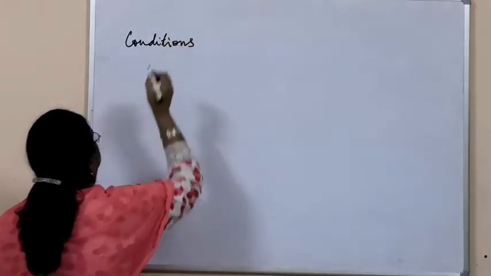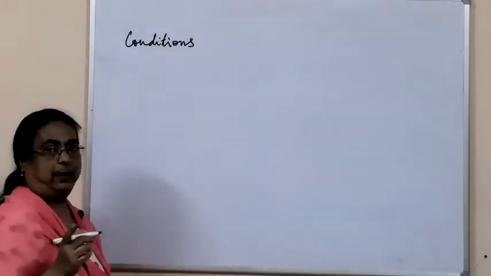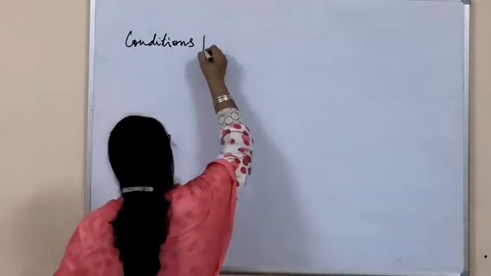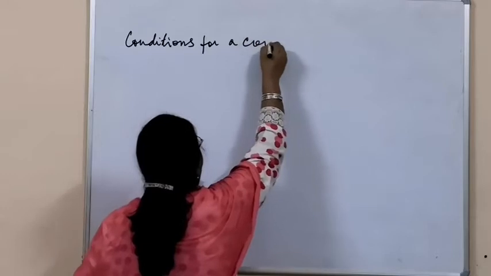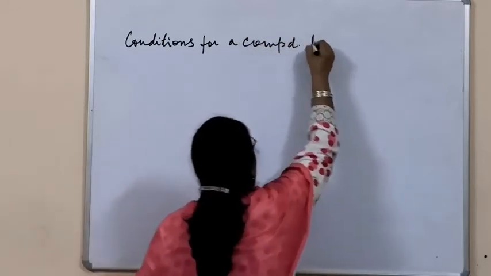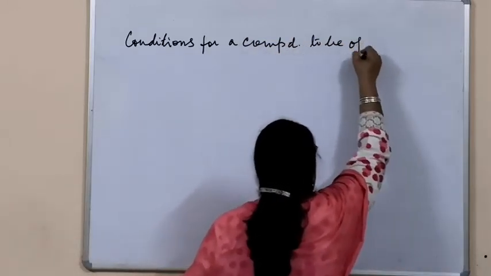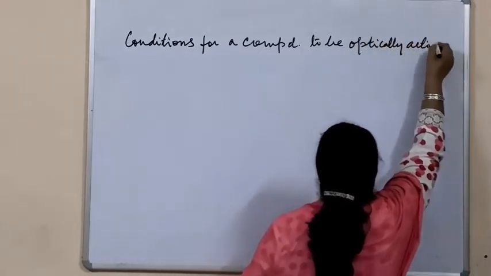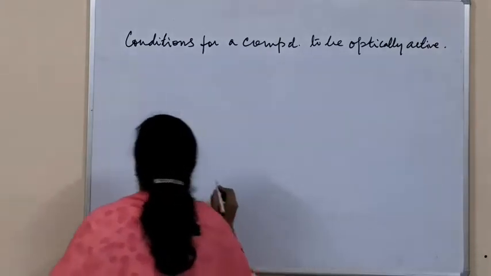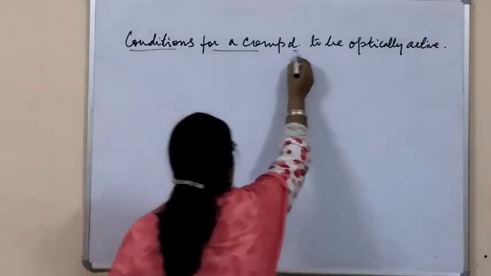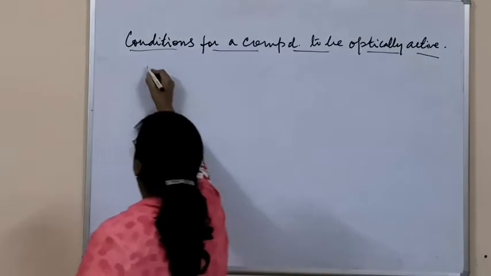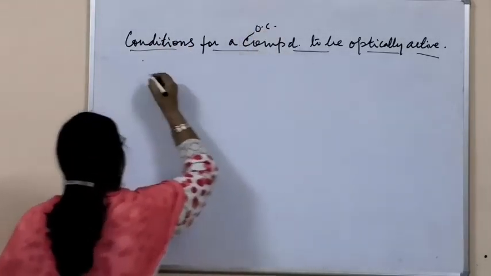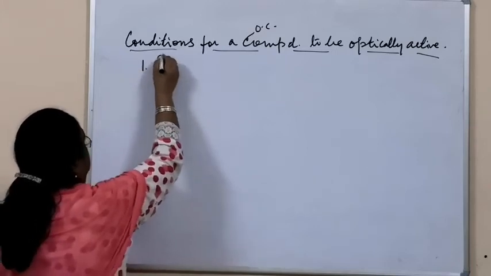So now I will teach you the conditions by which you will find out whether a given compound is optically active or not. Conditions for a compound to be optically active. So the first condition is it is an organic compound, no doubt. This is an organic compound. So the first one there is the presence